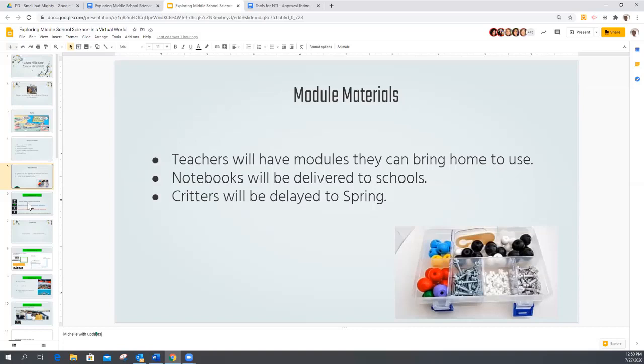So what we don't want to do is change things, make things totally different, and then put that on top of it. I truly think, in the time that I've spent this summer looking at both elementary and middle school units, there's a lot you can take from what you already do, and you just have to figure out how to supplement some of the things that you can no longer do because you're in a virtual setting.